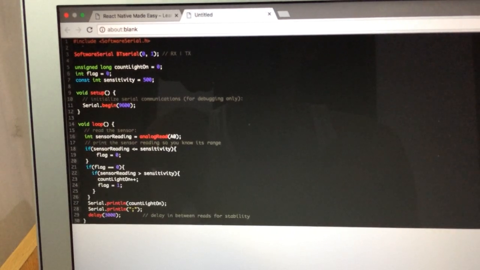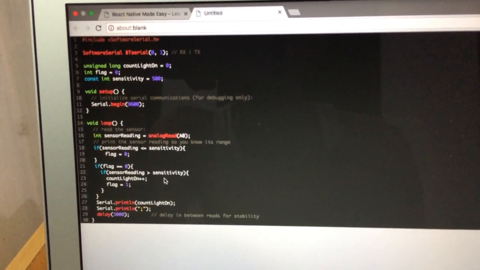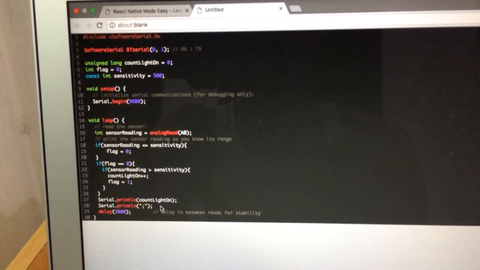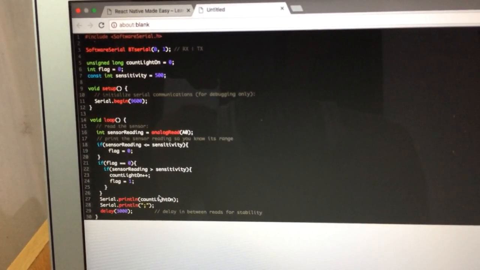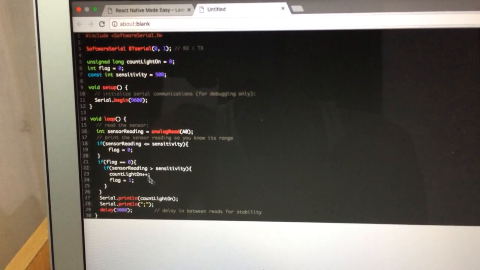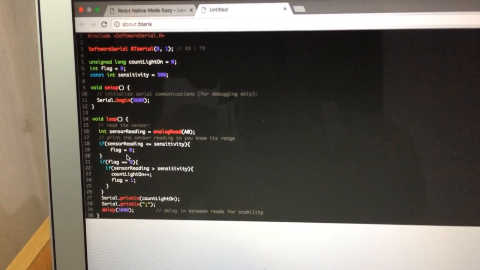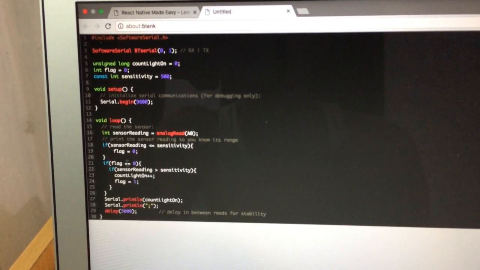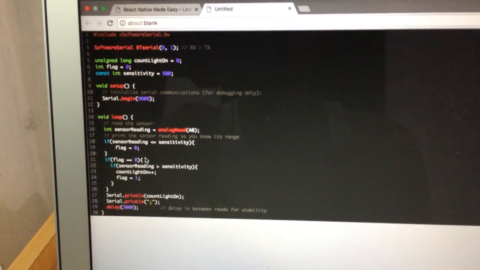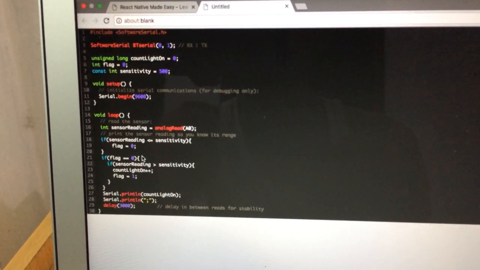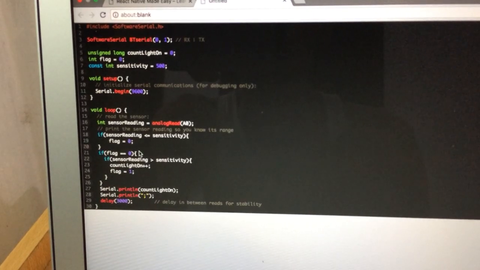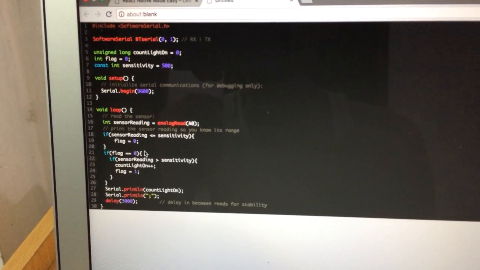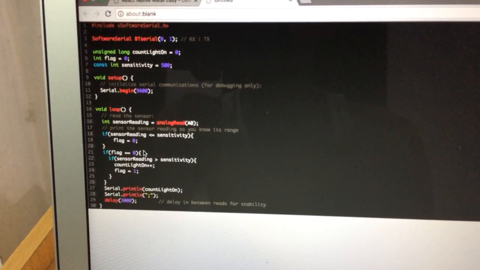It keeps on transmitting this signal, and when a device is connected, the device can get the counter value, that is the number of times the light was turned on. The flag is being used to check if the light is on or off, so that if the light is on, the counter doesn't keep on increasing on its own. The flag is basically toggling when the light is turned on and off,